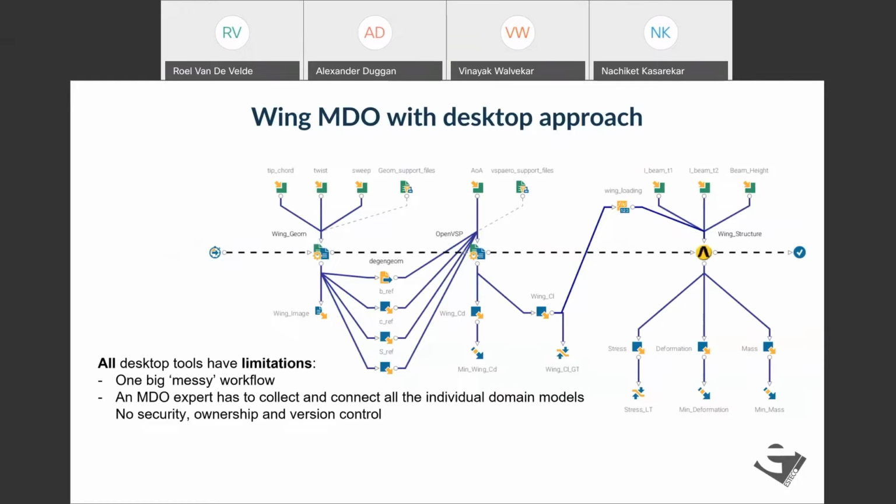And usually that gets done by having some sort of a shared file drive or emailing files back and forth. And with that, you have very little security. There's also no clear ownership, no version control. If the domain expert makes a change to his domain model, you can only hope that that